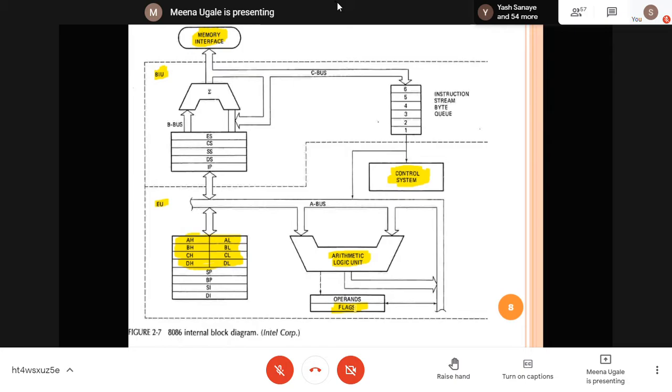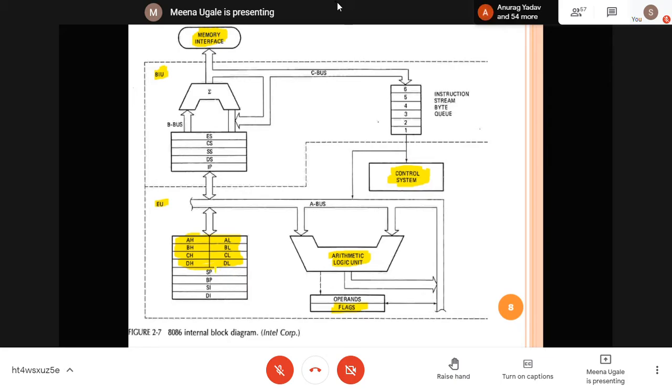It is a 16-bit register, and some of its bits indicate the status of the microprocessor after performing any kind of ALU operation. If you are transferring data or working with any arithmetic or logic operation, whatever operation the microprocessor has performed previously, it will indicate with the help of different bits, which are known as flag bits.